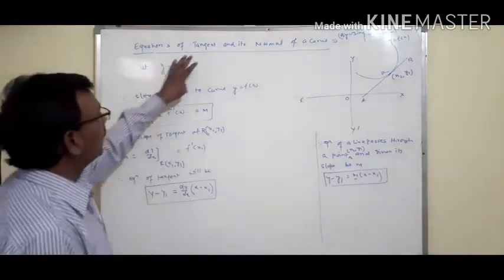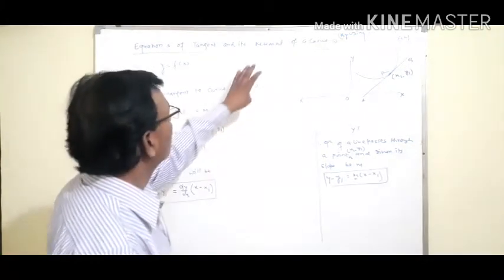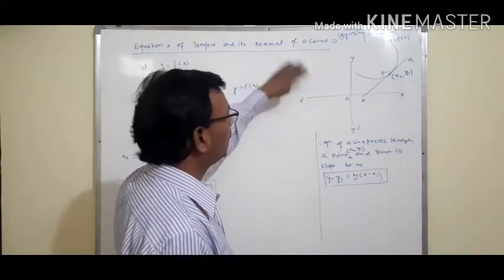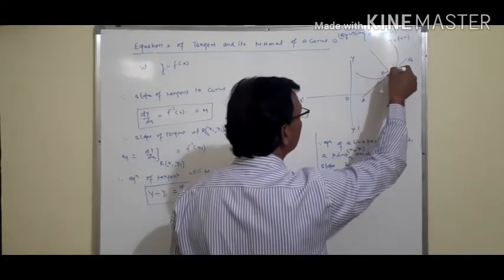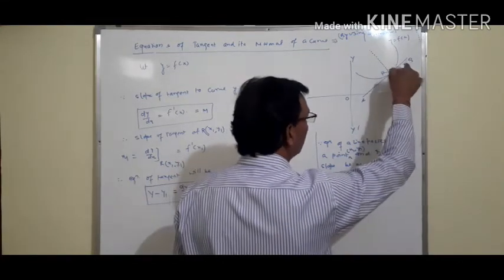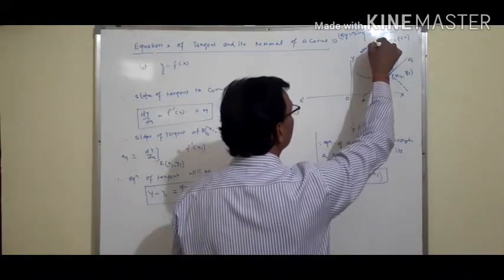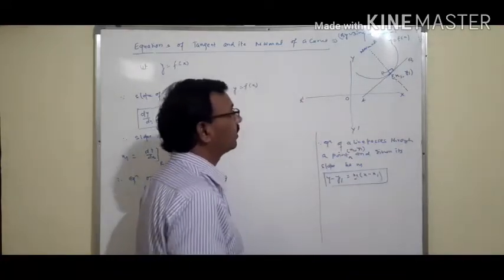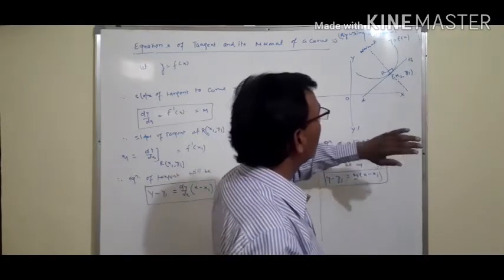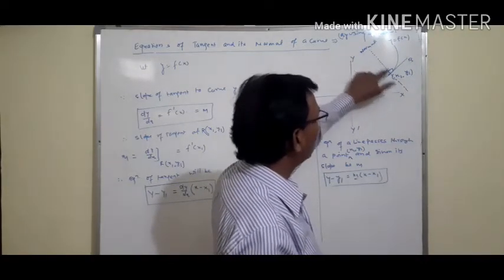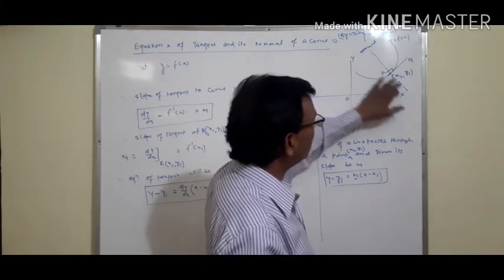Now with the help of this equation of tangent, we can write the equation of normal. What is the normal? If a line is drawn through R and perpendicular to the tangent, this is known as normal. If we want to write the equation of this normal, that means this normal also passes through the same point x1 y1, but this line, the normal, is perpendicular to the line AB. So first find what is the slope of this normal.